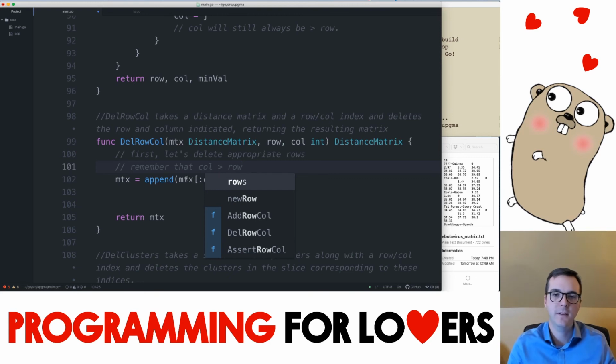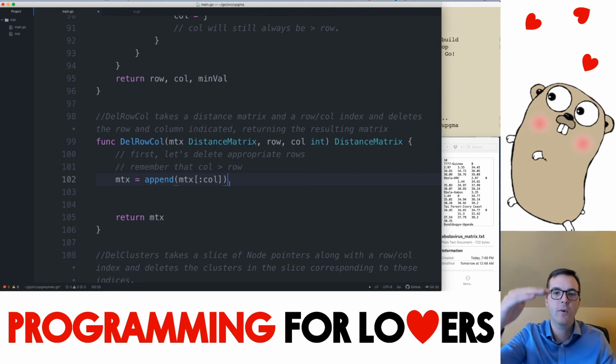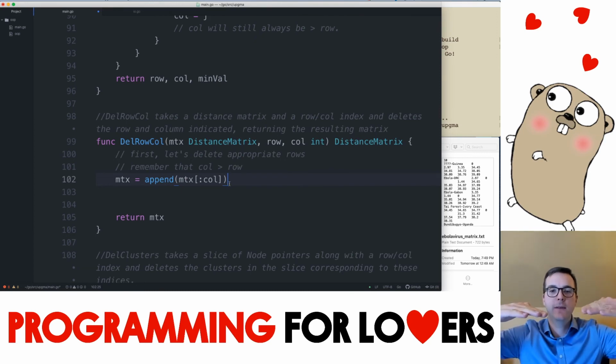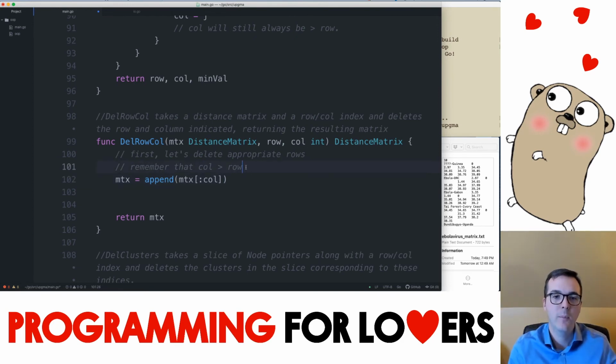We should be consistent. And here's where we should be really careful, because if I wanted to delete rows 3 and 14, and I deleted row 3 first, then it would push up everything else. And so now when I deleted what I thought was row 14, I'd be deleting my former row 15. This issue won't happen if I delete row 14 first. And so that's the bigger index. So if I delete row 14, everything gets pushed up. Now I delete row 3, everything gets pushed up. That's fine, that's what I wanted to do. So because col is bigger, we should delete the colth